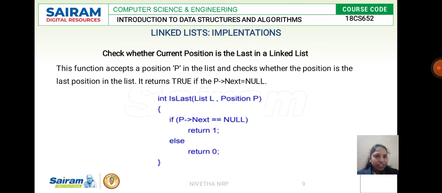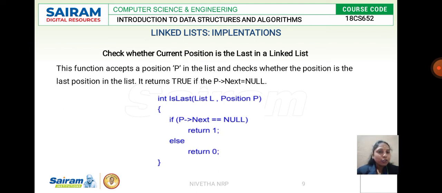We are checking the condition whether it is last. The function checks whether the list position is last, and we are using the integer data type here, that is why it is given as int is last. Where are we going to check? In the list L, and we need to know the position P, because the last node is specified as a position here. So we use the position as P, and if position of next is equal to null, return 1. Same thing, when your node position specifies the current position of the node.